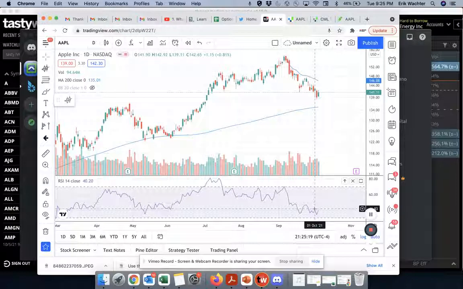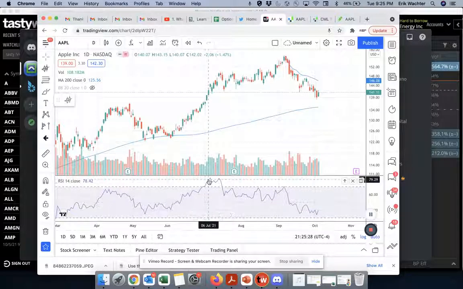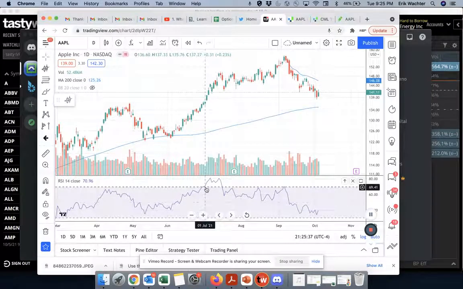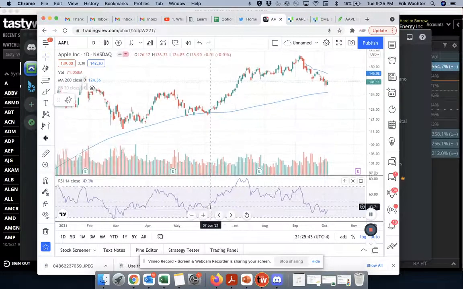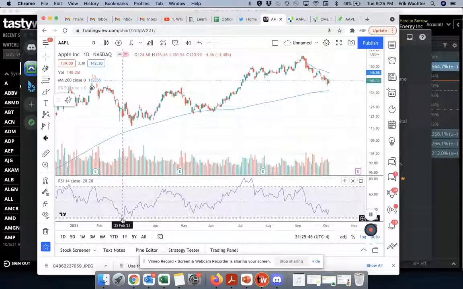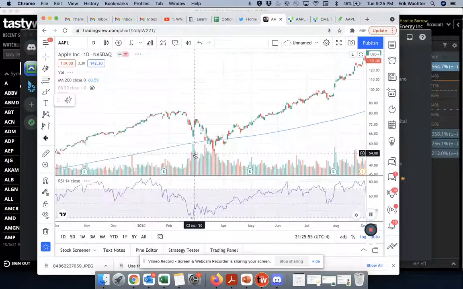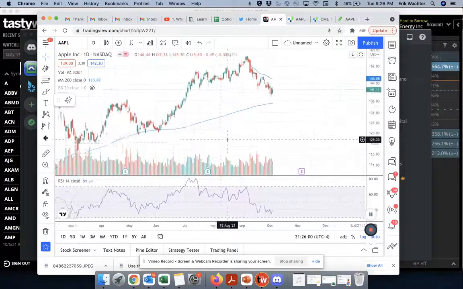It's an indicator that tends to be better at telling you when a stock is oversold, because sometimes when a stock is overbought, it continues to rally, and you can see that sort of happening here. It didn't really fall down until after it hit the 70 mark. That was July. It didn't fall for a couple of months later. But oversold tends to be a very strong indicator for buying. Here, it was sort of oversold and went further down, but then eventually made a turnaround. Anyway, I'm just showing you the same thing here. This continued to go down, but anyway, what I'm trying to say is that in the past